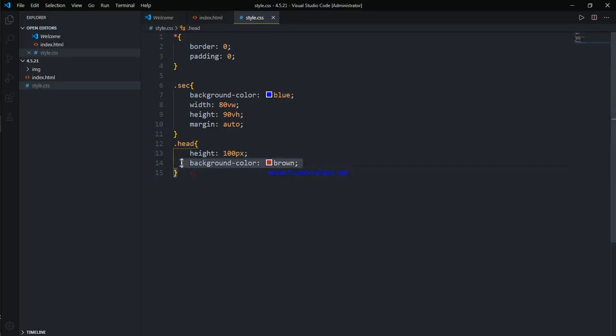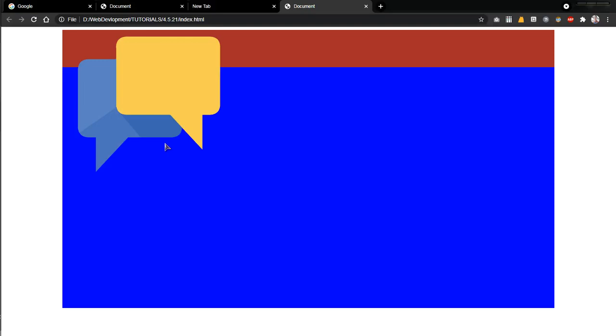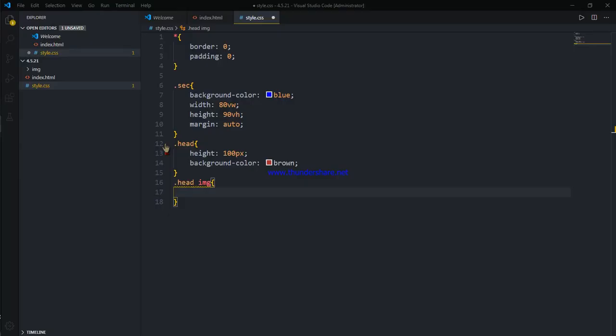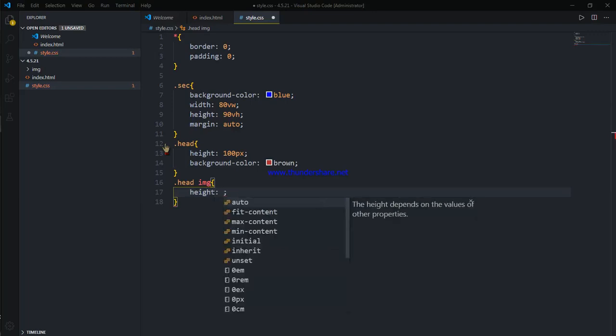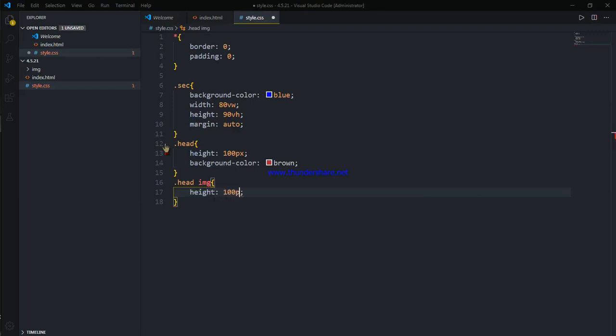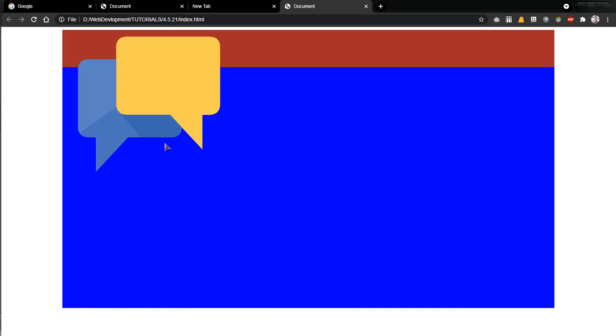and we can just resize the image. Use .head img, something like 100 pixels. Height is 100 pixels.